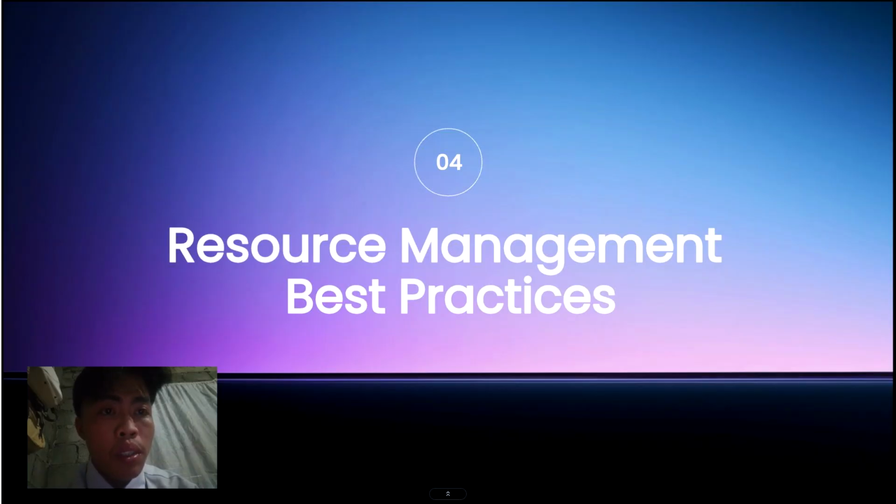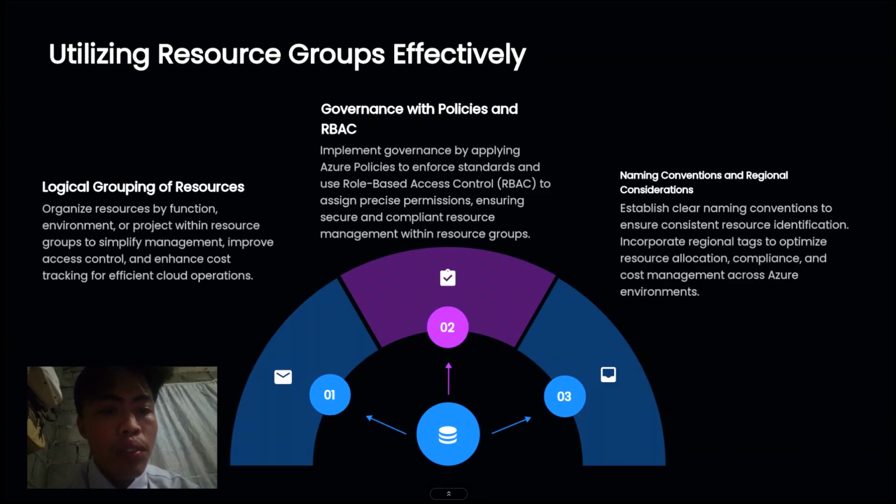Resource management best practices. Utilizing resource groups effectively. Logical grouping of resources. Organize resources by function, environment, or project within resource groups to simplify management, improve access control, and enhance cost tracking